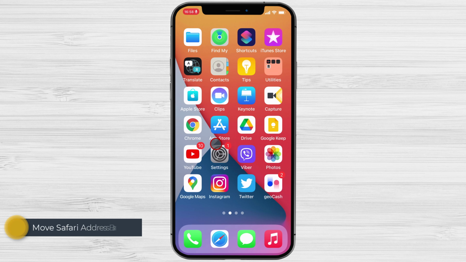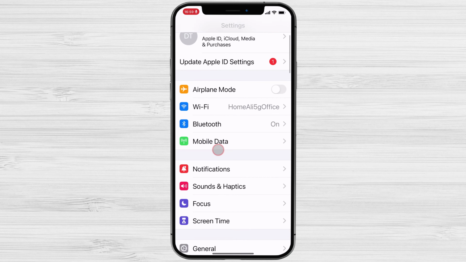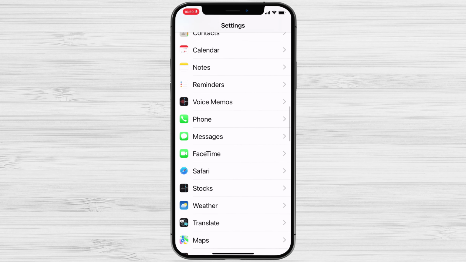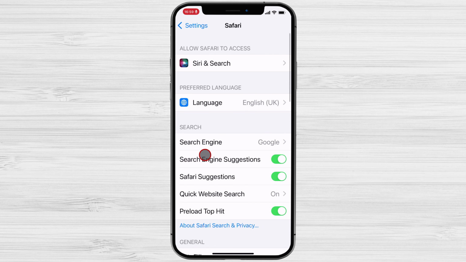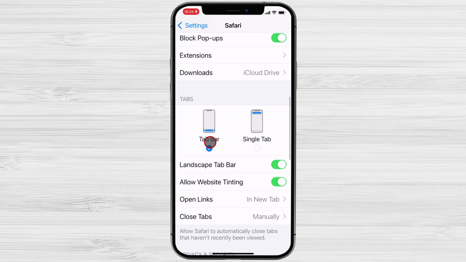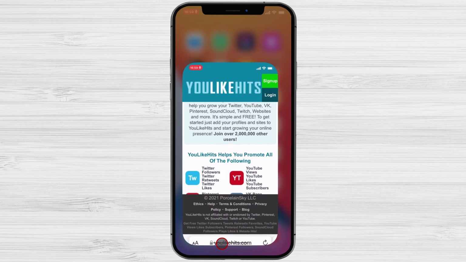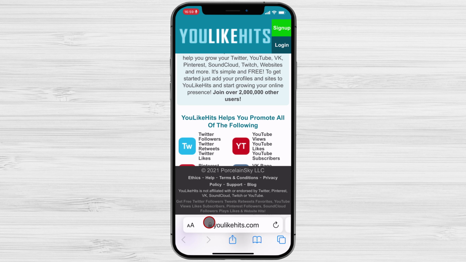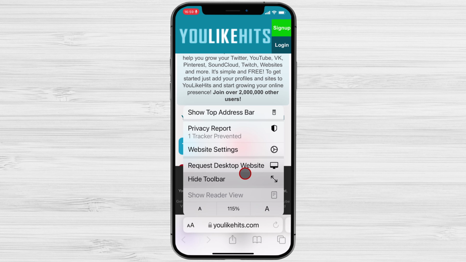How to move Safari's address bar without leaving Safari. Safari has significantly changed the iOS 15 user interface. Users can still decide whether to use the old look, address bar above, or the new look with the address bar below. This can be changed in Settings. Select the tab bar, bottom bar, or a single tab, top bar, to run Safari. However, you can also make this change in Safari by opening the app and tapping the AA icon in the address bar to bring up the address bar at the top, or go to the address bar at the bottom.